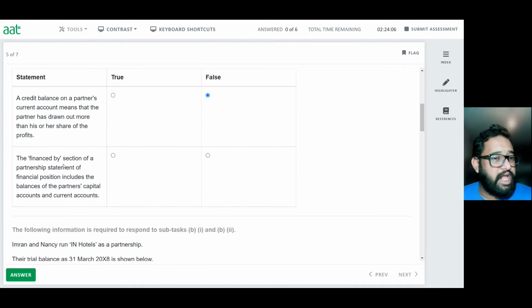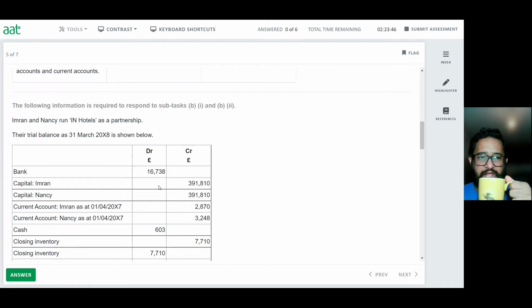Next one here: the financed by section of a partnership statement of financial position includes both the balance of the capital accounts and the current accounts. That's absolutely right. Because normally you see in the bottom part it says financed by capital and by current account. Add them all together and you'll have that total amount. You compare that with your net assets. So here, the next question is